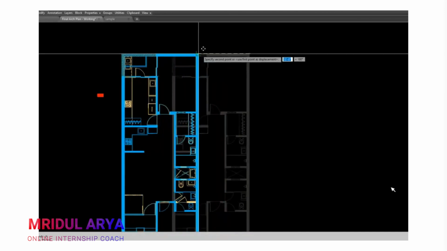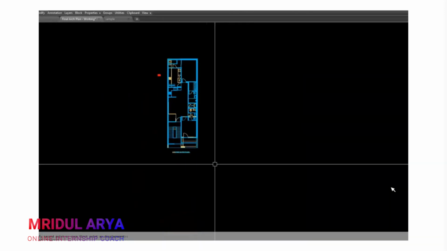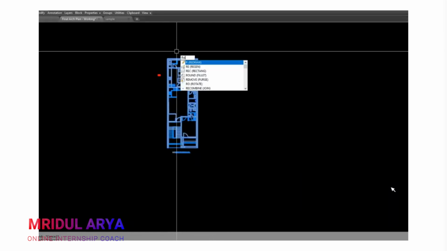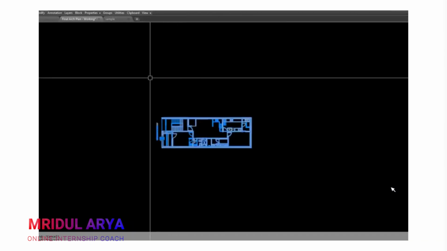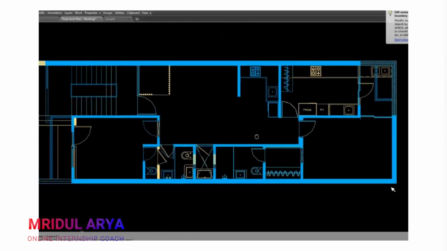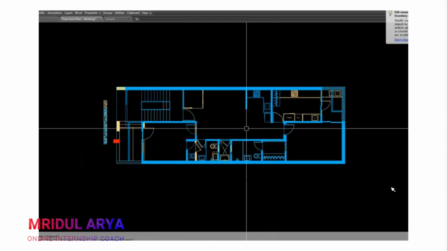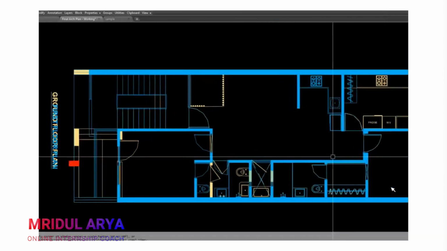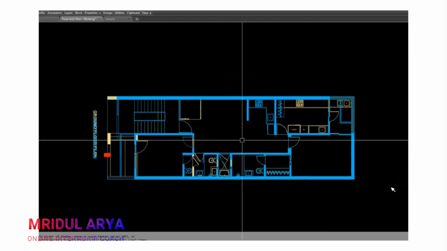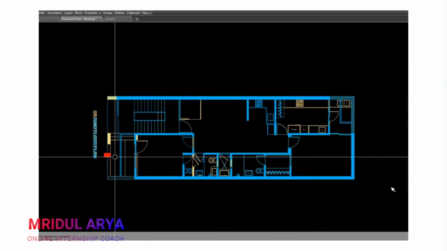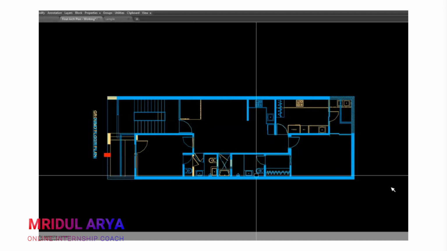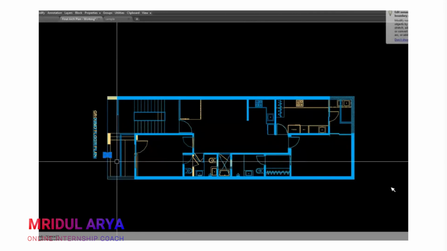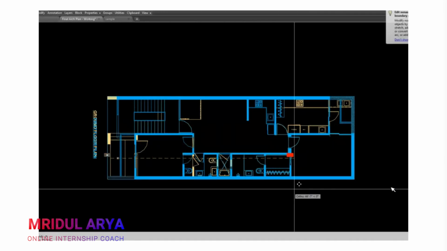So I will just overlap this, okay, and I will just rotate it. Now you can see the large picture of this. Now I will start placing my columns in this area. Okay. So that's my column, the red color.